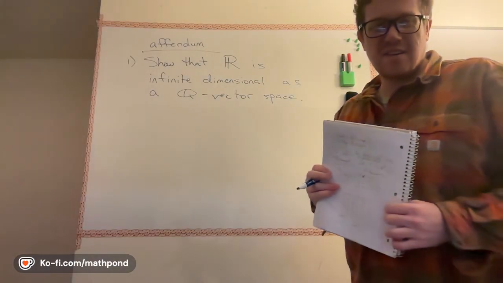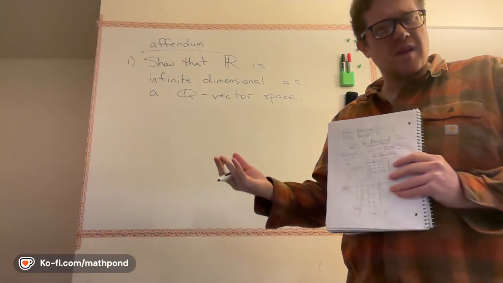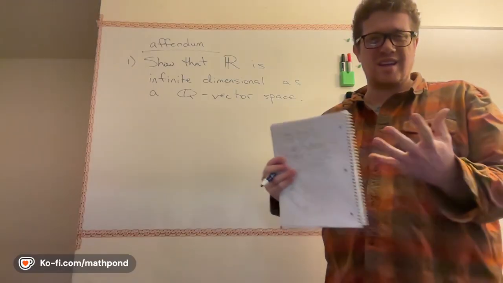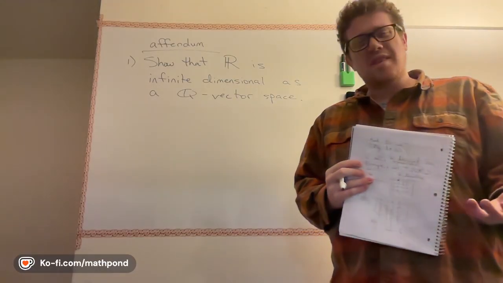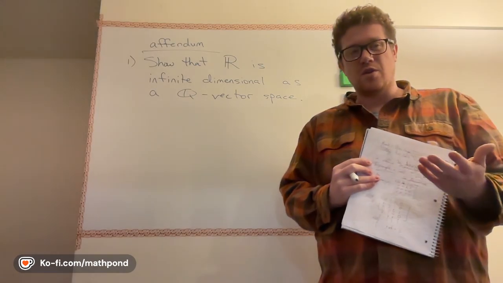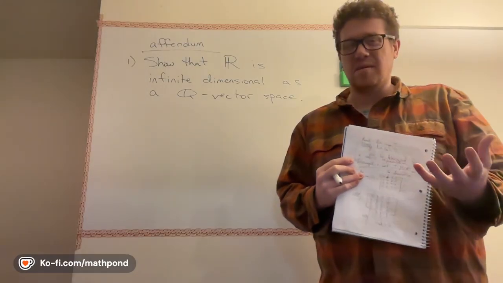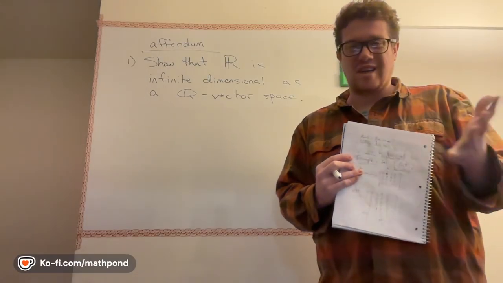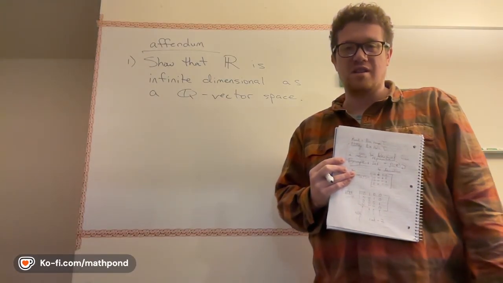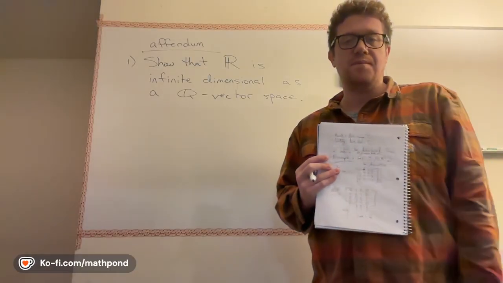Something that seems odd here is that R and Q are in some sense taking up the same dimension, so it doesn't really seem to make sense to say that R has infinite dimension over Q. But the important thing to remember is that there's no inner product on these vector spaces, so there's no notion of angles or orthogonality or anything. So when we say it's infinite dimensional, it's not infinite dimensional in a spatial sense. It's just literally the raw linear algebra definition. It just means there's no finite spanning set, right?